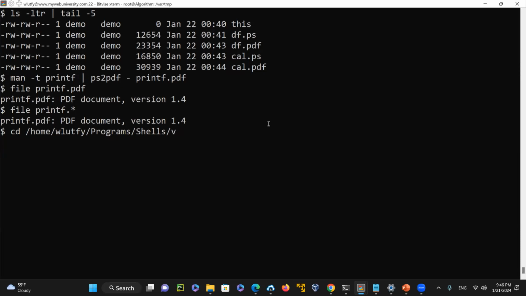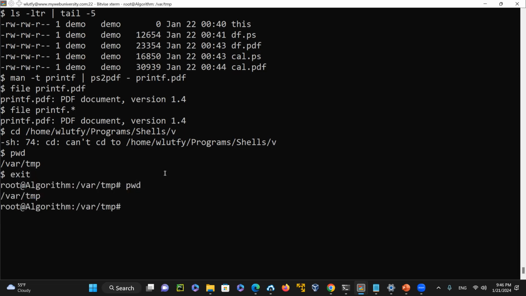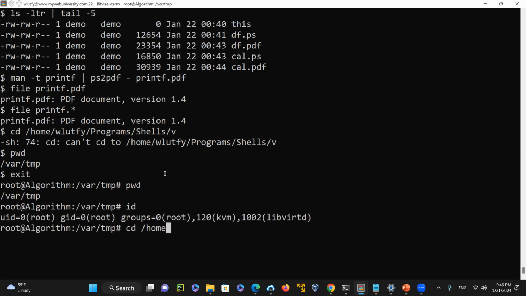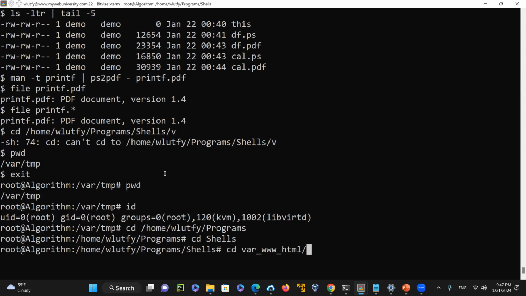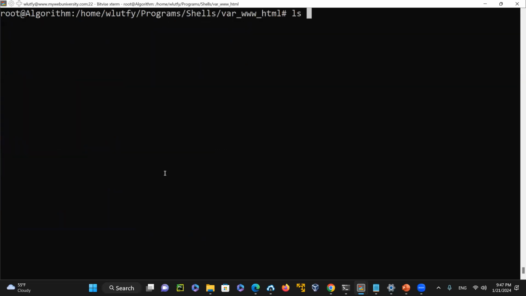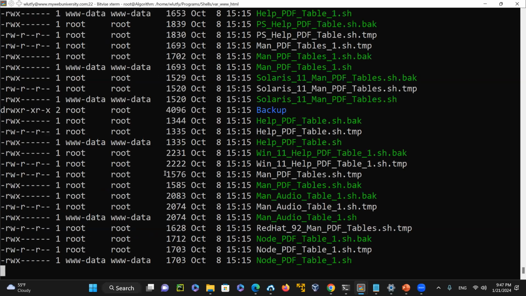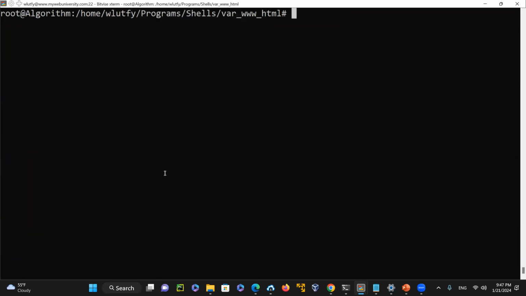Home programs, let's see. Oh, because I'm not having the proper permission as a user, I'm gonna become root. And then I could say home wlitfy programs. Because when you want to go to a different directory, you have to have the proper permission on it. So ls -ltr, and you can see I have a lot of them, and one of them is